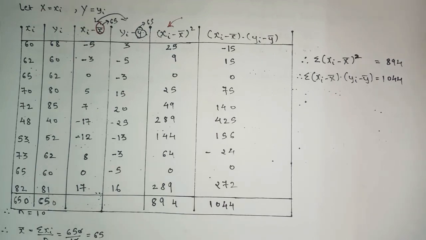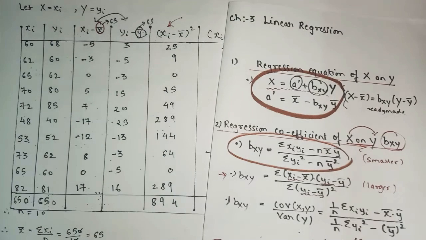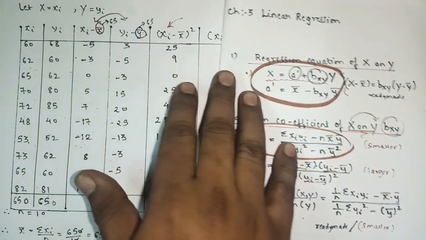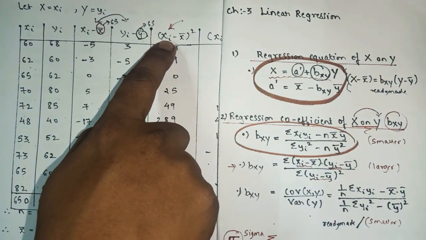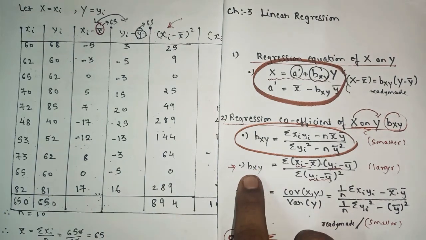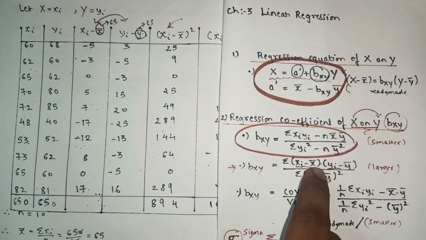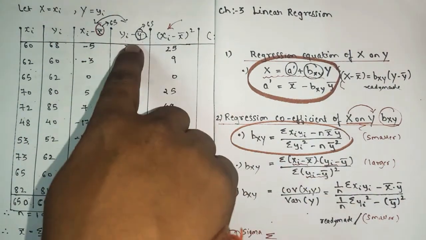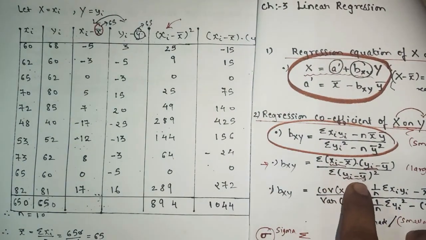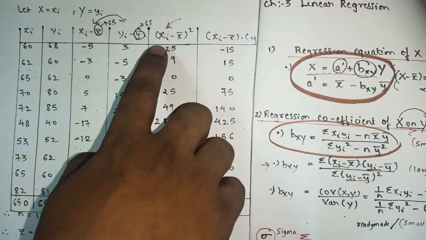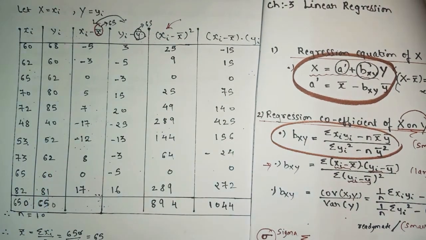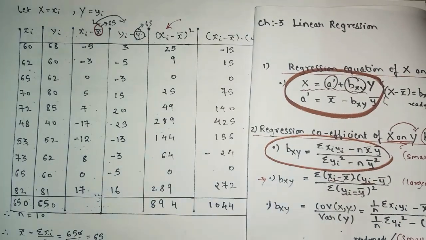Okay, and remember, when you have to find x on y, the columns remain the same, but the change will be this. In place of xi minus x mean, there is no need of finding this value, as the formula says that we have to find the total of xi x mean, so it is there. Total of yi y mean, it is there. Total of these two parts, it is there. And then the total of yi minus y mean the whole square. So no need of showing this column. In place of this you will write yi minus y mean. That's it.